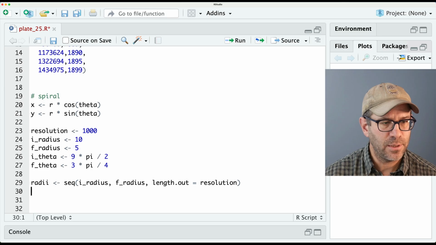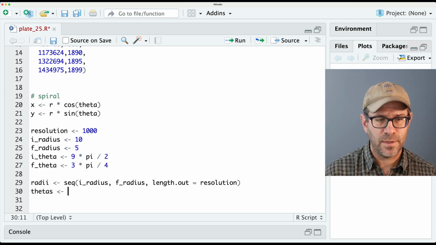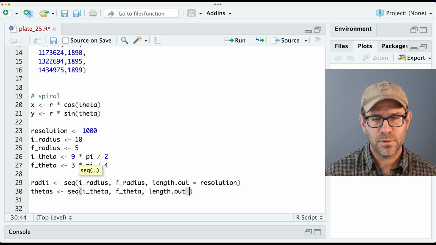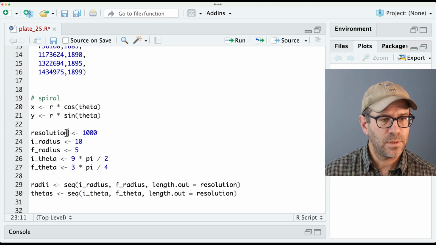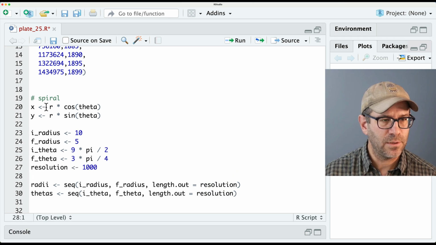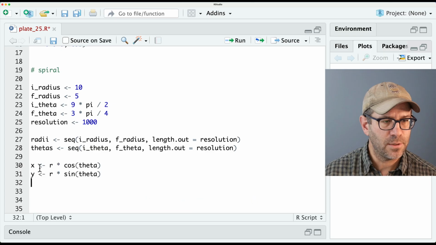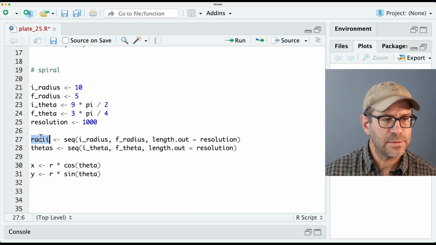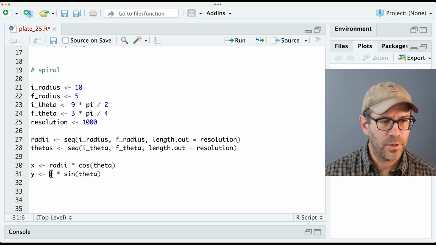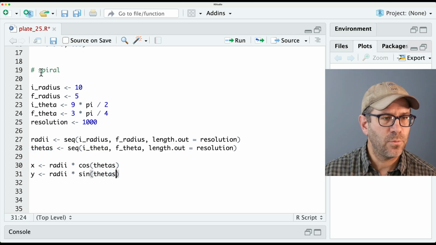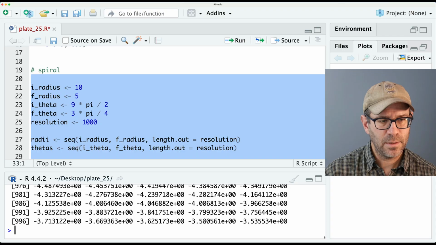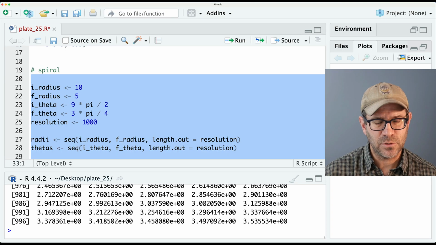Let's go ahead and put that down here. Then we're going to do the same thing for the thetas. So we'll do seq initial theta, final theta, length.out equals resolution. Let me move that down here, and I'll move our formulas down to the bottom as well. Then we can take radii and put that in place of our r, and our thetas in place of our thetas. So now when we run all of this, we get 1,000 x values and 1,000 y values,